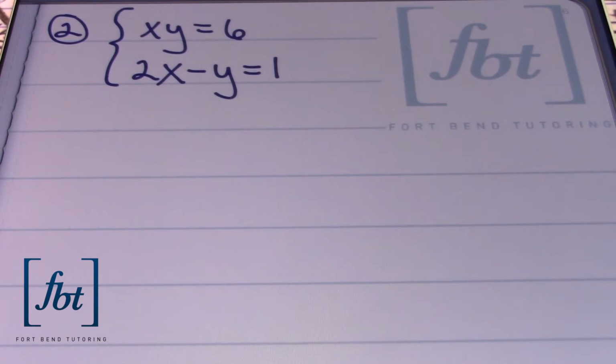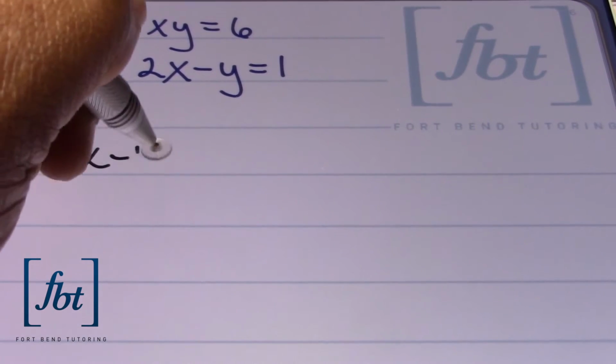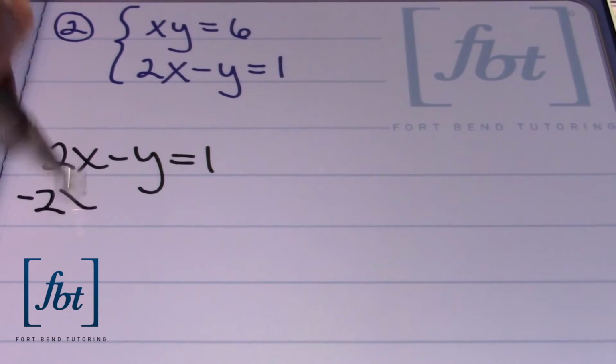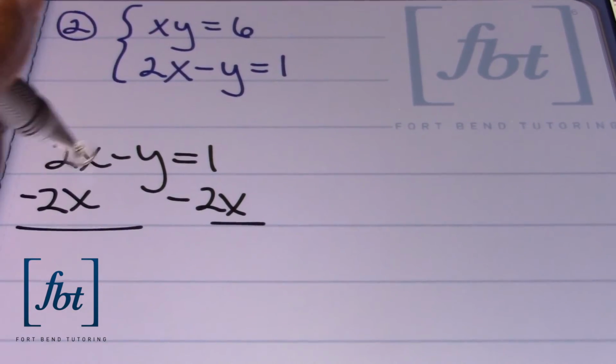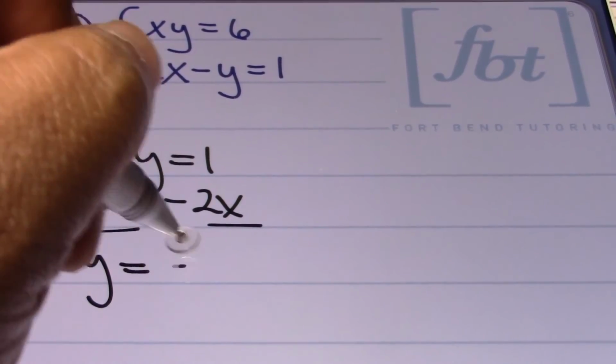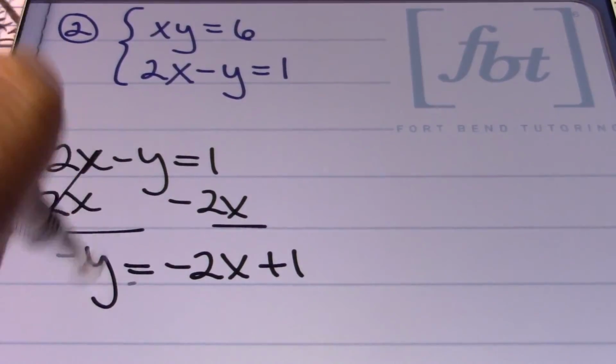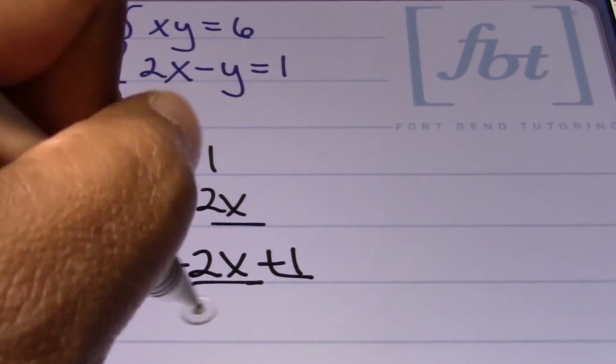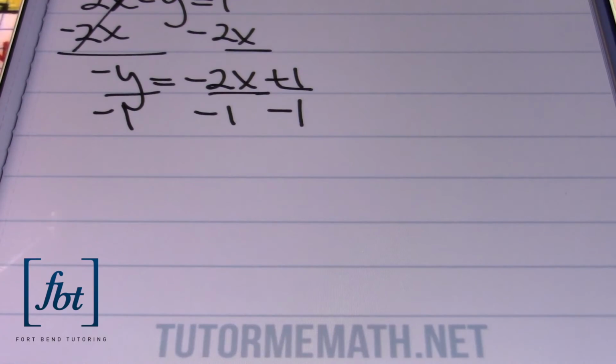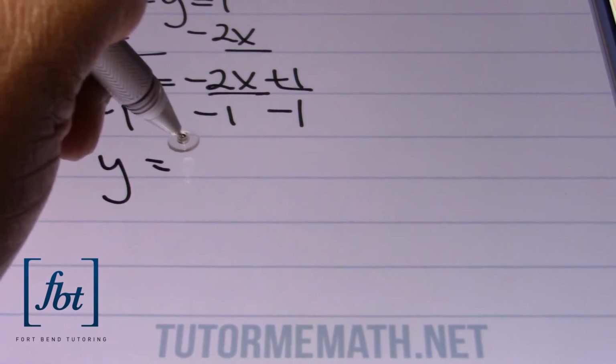In problem 2, we have a rational function with xy equals 6, and we also have another linear function in 2x minus y equals 1. Once again, I'm going to go ahead and use substitution. So I'm going to start with the second equation, the linear function, and solve for y. So I'll take 2x minus y equals 1 and subtract 2x to both sides of the equal sign. From here we have negative y equals negative 2x plus 1, and then I'll divide each and every term by negative 1. Simplifying our equation, we have y equals 2x